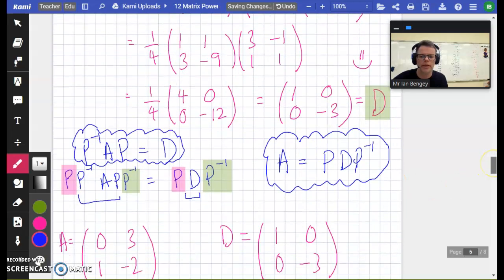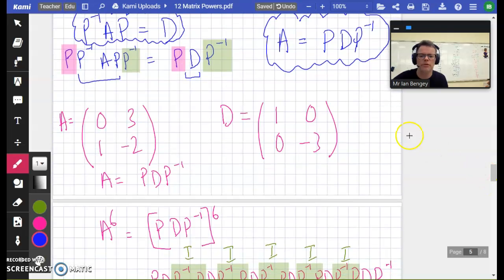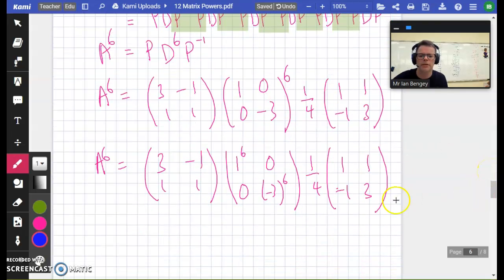Now, as soon as we got there, we could use some clever maths, because then, of course, if our matrix A is this matrix P times D, we can use powers of the diagonalized matrix to achieve